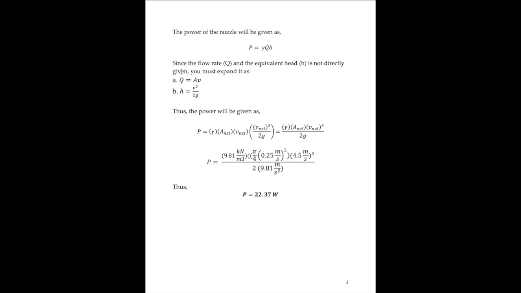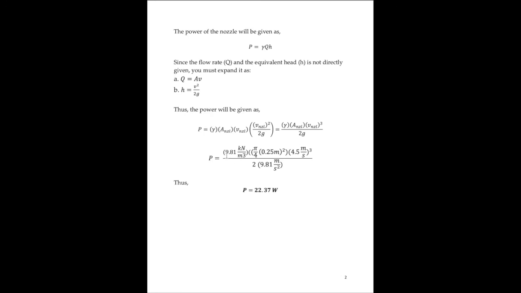So when you substitute all this expansion to the working equation, you will be given this: specific weight multiplied by the area of the nozzle multiplied by the velocity in the nozzle multiplied by the velocity in the nozzle squared over 2g. So this will be the simplified working equation for this problem,